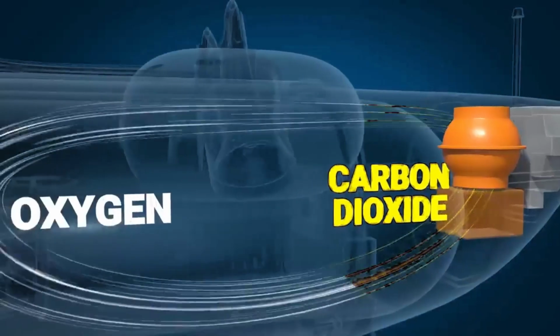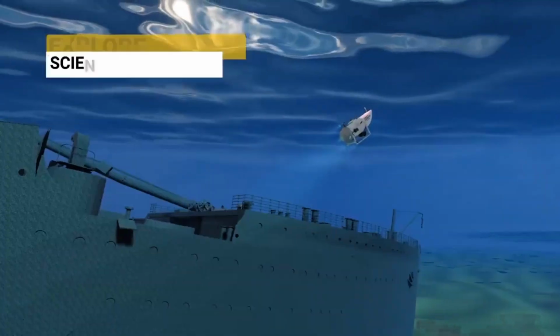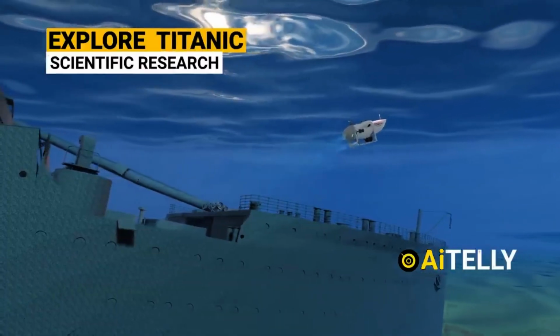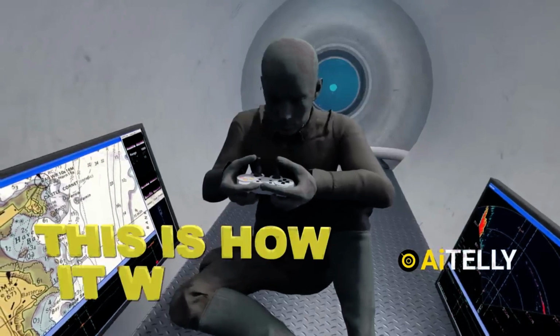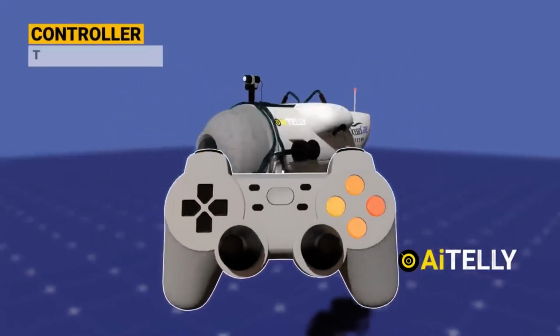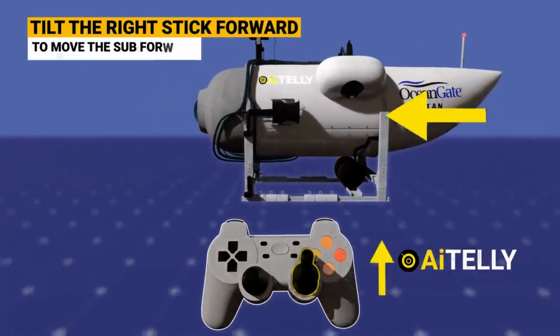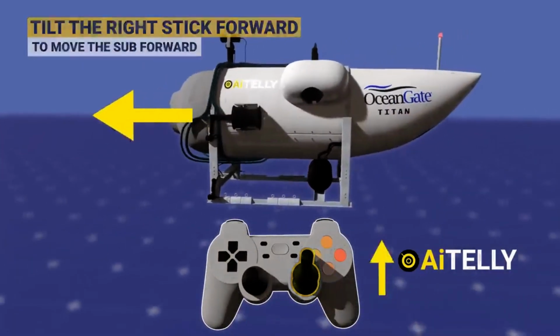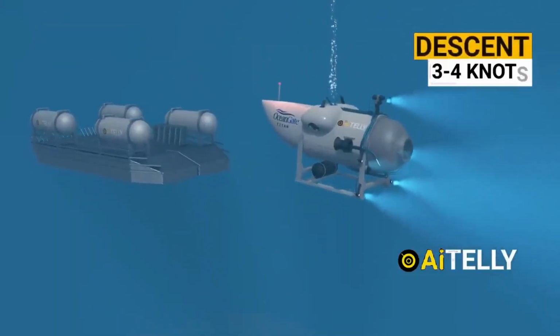In this video, we will be examining the engineering behind this submersible vehicle, which is used primarily for exploring the wreckage of the Titanic and for scientific research and data collection. Moving into the interior is the game controller that will be used for piloting the vessel. Tilting or pushing the stick like this results in the forward movement of the drone. We will also be looking at the step-by-step process of how this drone works and the various versions of what